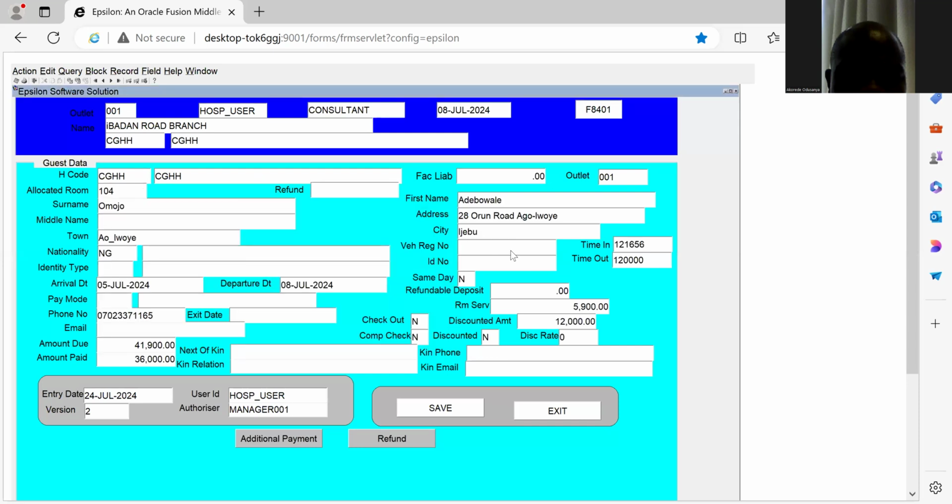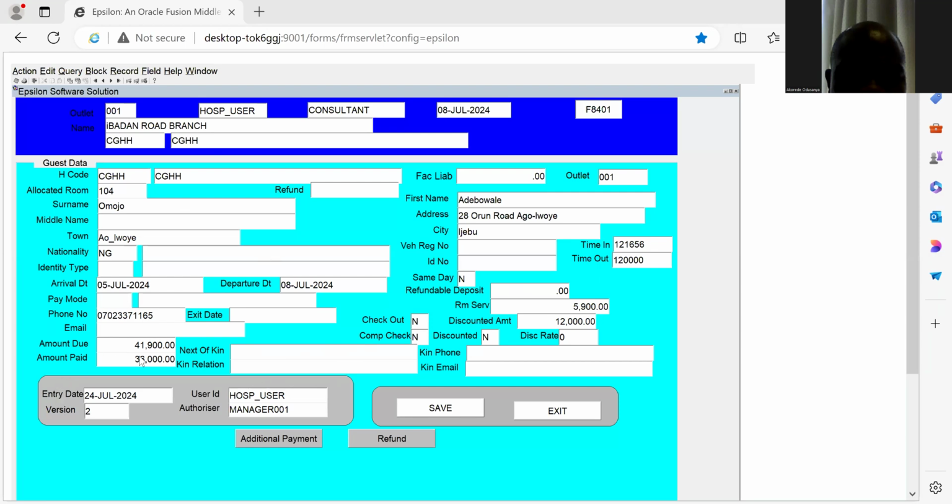This is the detail of the person. One funny thing here is that this person is going to... like I was saying, let's now try to check out this person. We're looking at my screen now. You can see that the person's amount due is 49,100 simply because he has room service of 5,100 somewhere, and